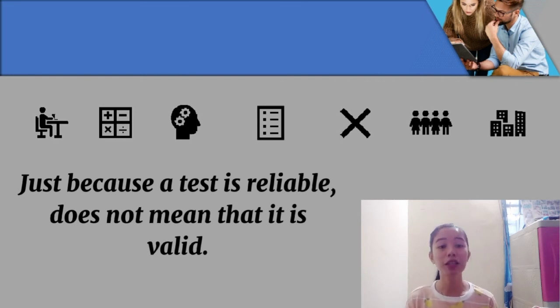Thus, a tape measure would be a reliable measure of height, but height would not be a valid measure of typing performance. And even though reliability and validity are not the same, they are still related. The potential validity of a test is limited by its reliability. Thus, if a test has poor reliability, it cannot have high validity. But as we saw in the example above, a test's reliability does not imply validity. Instead, we think of reliability as having a necessary but not sufficient relationship with validity.